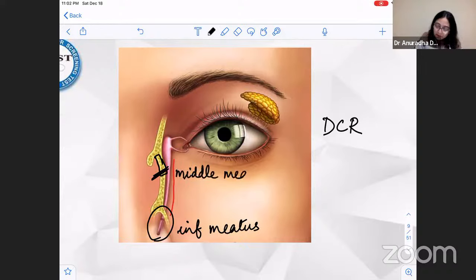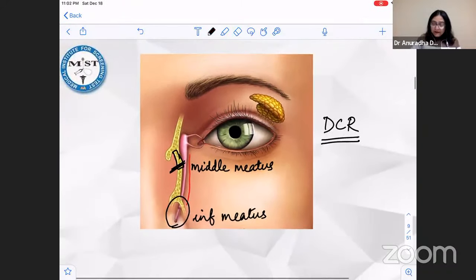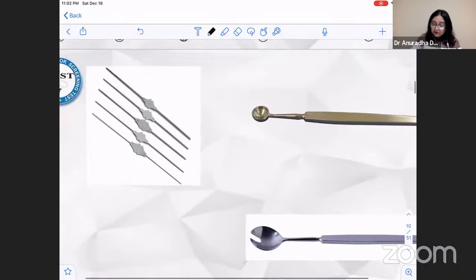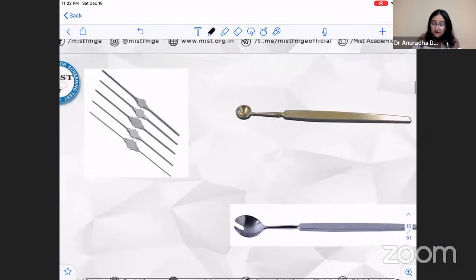So that is where this bone punch is used. So this is used in DCR, right? So let me just have you revise what are the other instruments which are used for the procedures which were